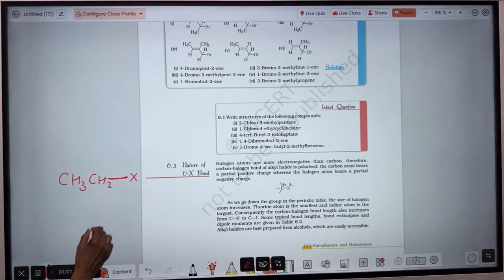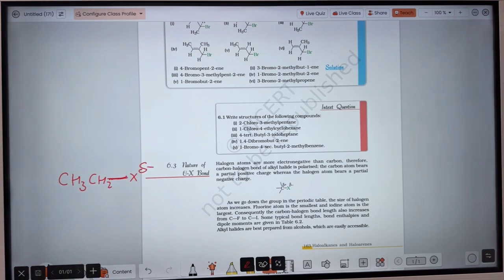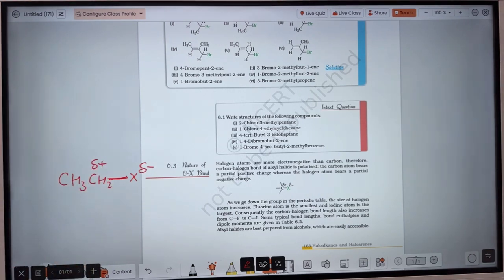So there is a slight displacement of this shared pair of electrons towards the halogen atom. As a result, there is development of a slightly negative charge on the halogen and a slightly positive charge on the